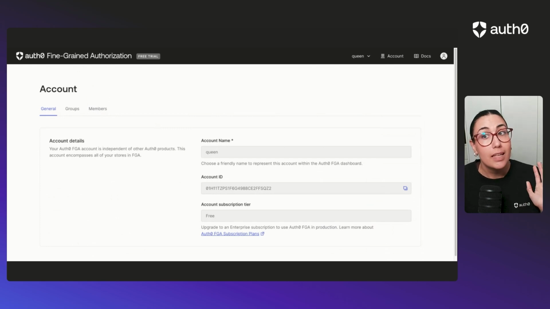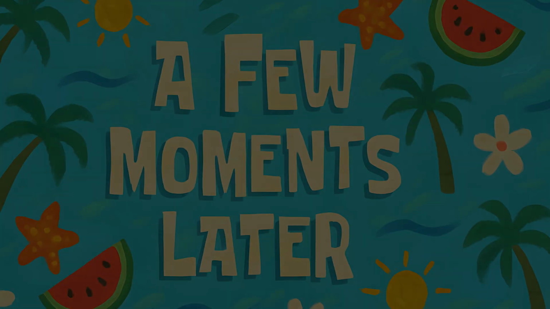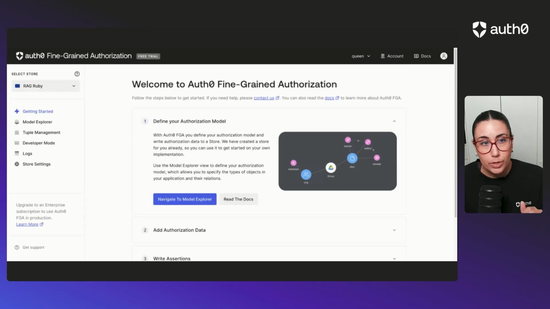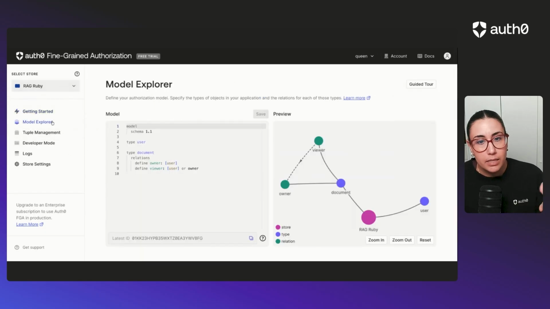In this case, that user shouldn't be able to see any of this, only things related to the store. So let's go ahead and log in with that user. A few moments later. Okay, so once again, I'm going to log in with my new user, which is Carla Dev. And the change here is, as you can see on the left side, I can see information about the store, but only about Rag Ruby store, nothing else. I can see the model